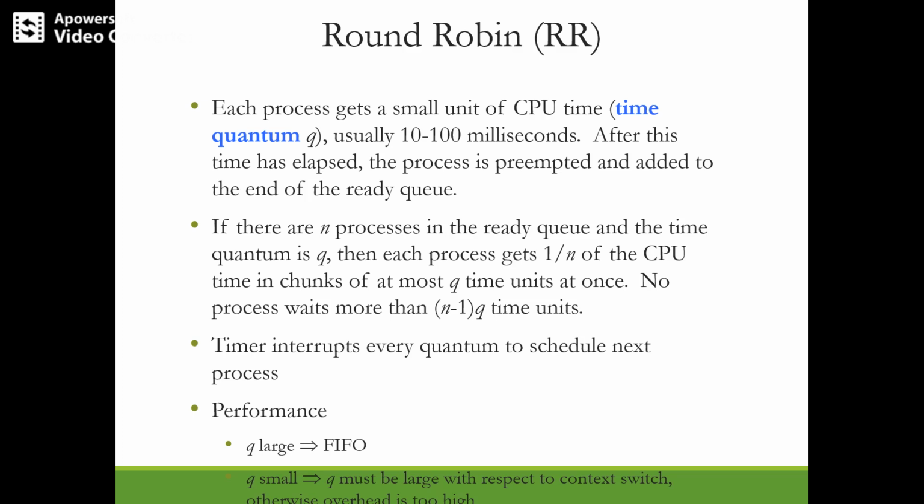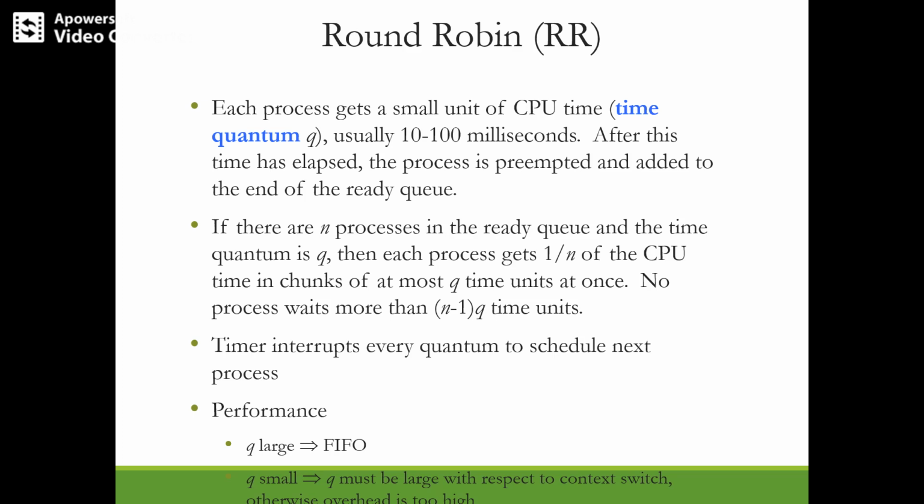So in case the process has a CPU burst time of less than one time quantum, the process itself will release the CPU. Whereas if the process has a longer CPU burst, it has to stop after this particular time quantum. So let's see the particular problem.